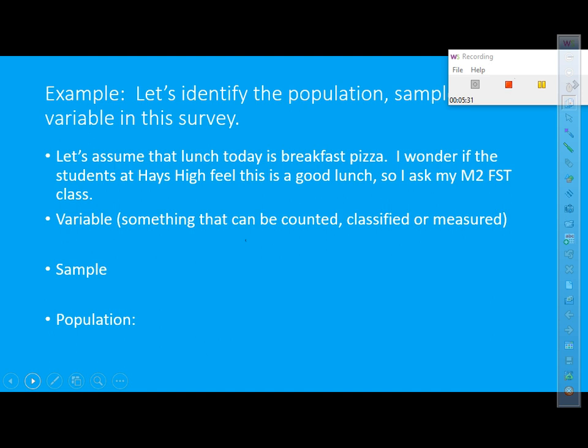Well, this is called a survey. I'm trying to figure out some information. It has a variable in there, it has a sample, and it has a population. The variable is, why are you doing the survey? What is it that we can count or classify? Well, in this case, I'm trying to figure out, does